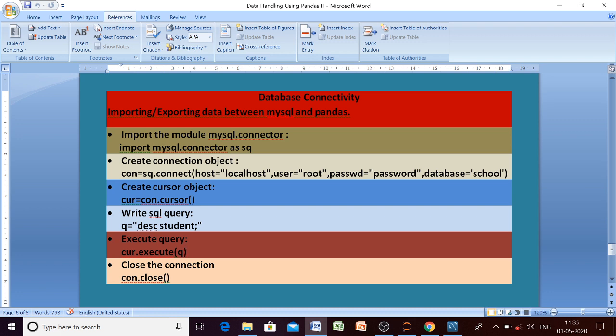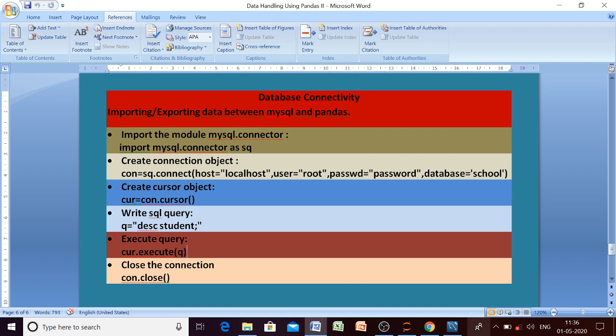Remember the different functions used under mysql.connector; let me tell you once again: the connect function, then the cursor function, then the execute function, then the close function. All these are needed for database connectivity. So these are the steps.